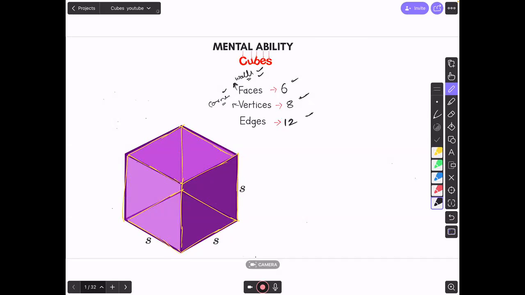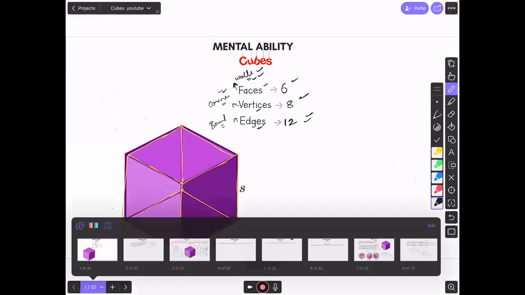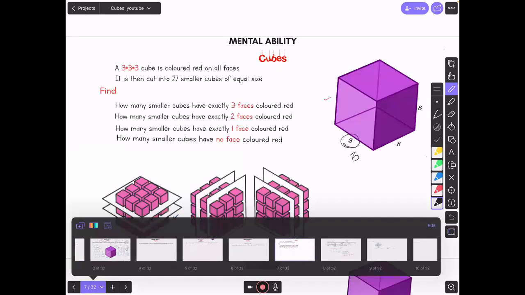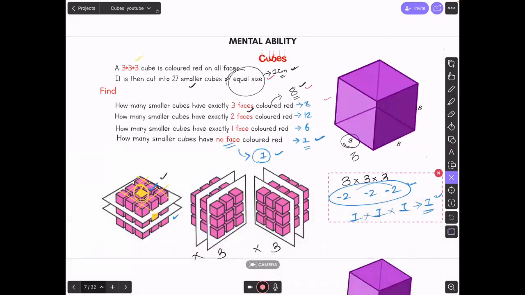Okay, this is what you're supposed to know first. Walls means faces. Vertices means corner. And edges means boundary. Again, how many boundaries are there? 12. Make sure you memorize this now, because this will be very helpful to solve all the problems on cube. I hope all of you are able to visualize. Now, since we got how the cube looks like, vertices, faces and edges, how many? We know that.